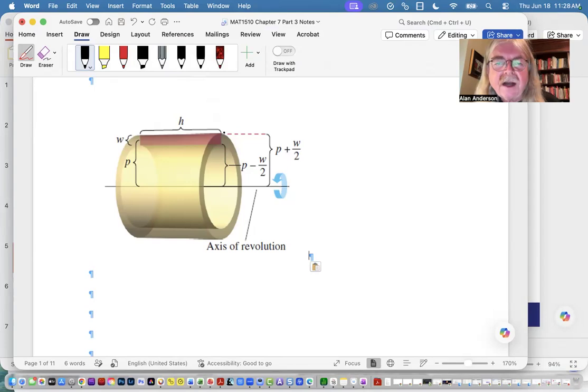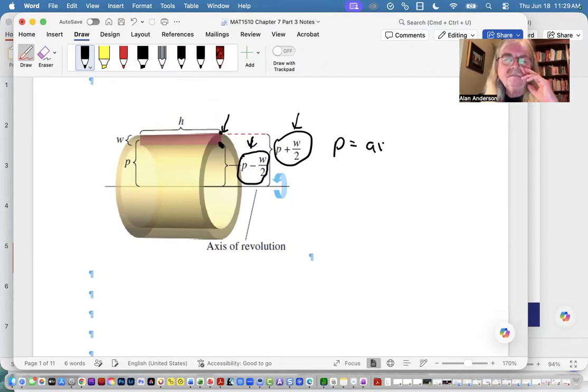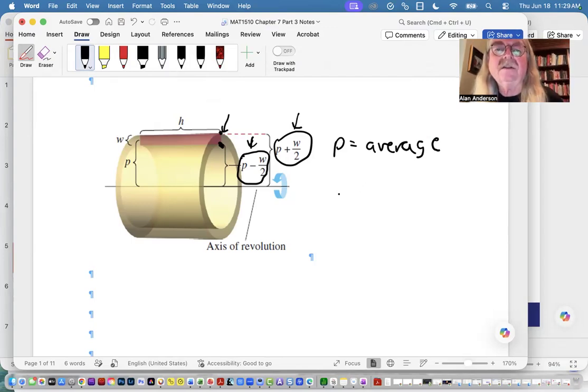And that reaches us to the very top of our cylinder. And this just goes to the interior of the cylinder. And so the way they've set it up, W is the width reaching from here to here. So because of the way they've set it up, this P that we'll be using in the formula is actually the average of these two. So instead of the actual distance from the axis of revolution to the representative rectangle, it's the average. Okay, so we have to interpret it just a little bit differently. So it's the average distance now